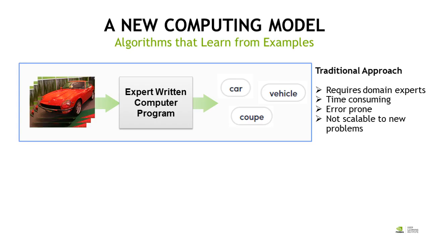So now that we've seen a few examples of applications that benefit from deep learning, let's explore how deep learning works by comparing it with earlier approaches to machine learning. Consider the traditional approach of performing computer vision tasks, such as image classification or object detection. A domain expert, a human being trained in computer vision, comes up with a set of